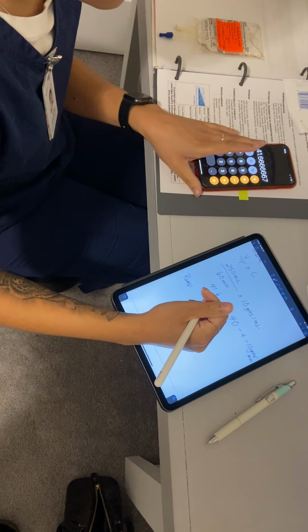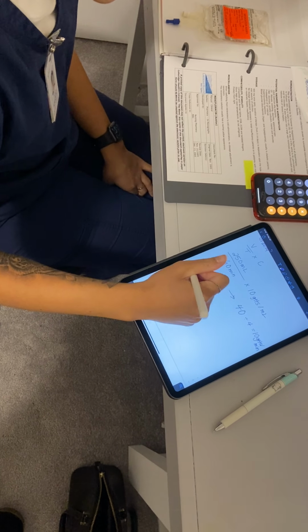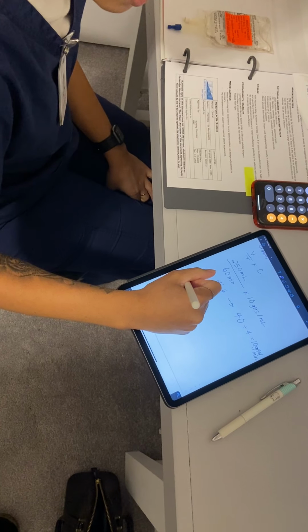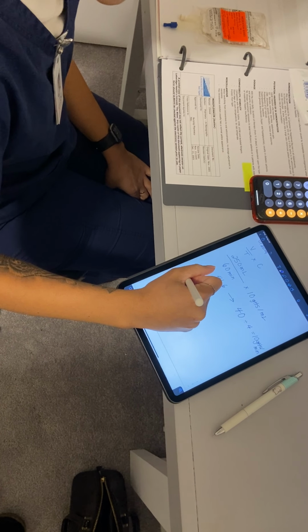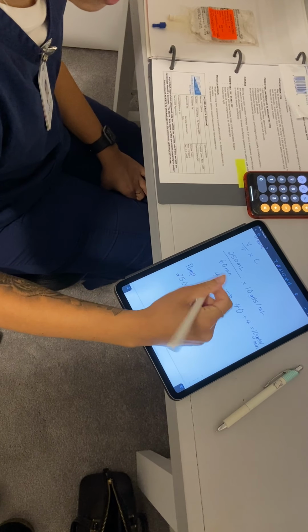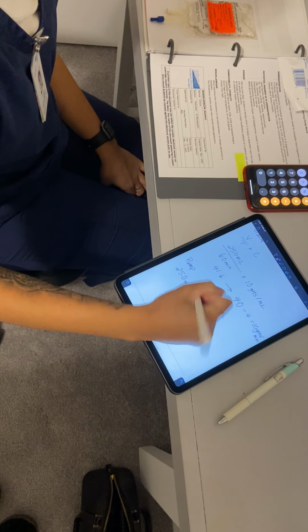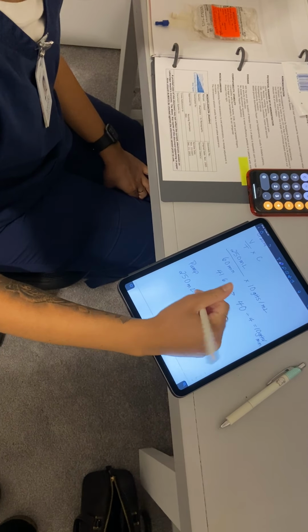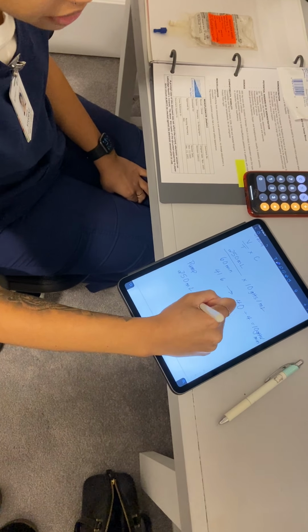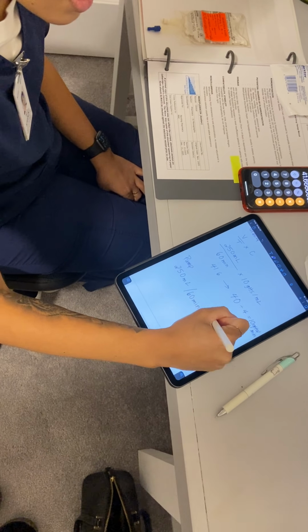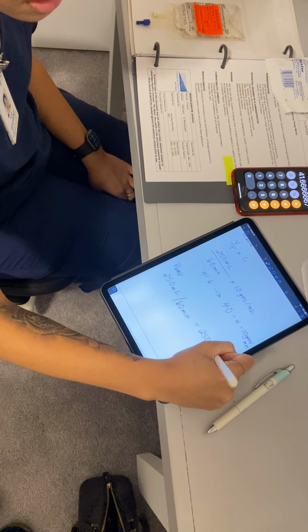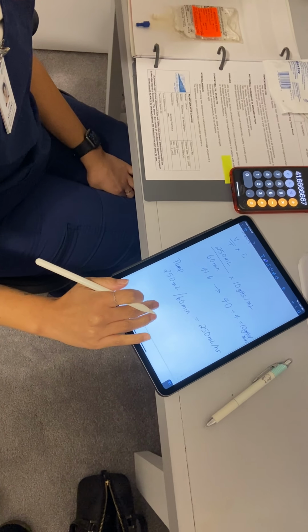So I know that it is my bag, my concentration, my volume actually, which is 250 milliliters, and it'd be over an hour, and luckily it is to be infused over 60 minutes, so it would be 250 milliliters per hour if we were to be using